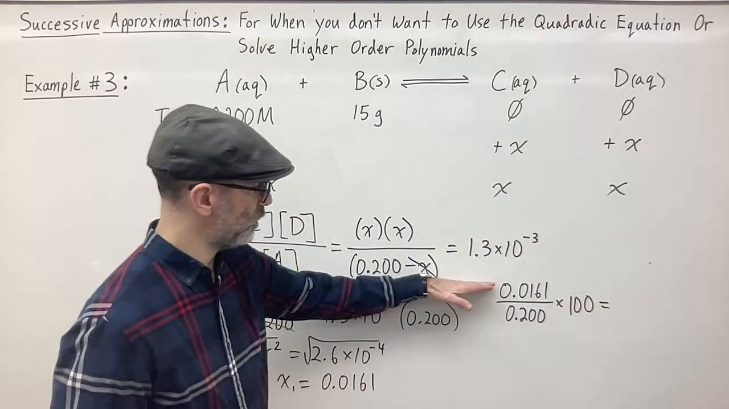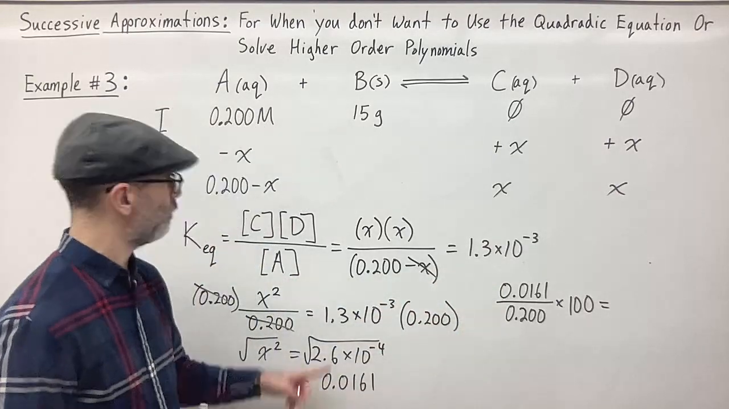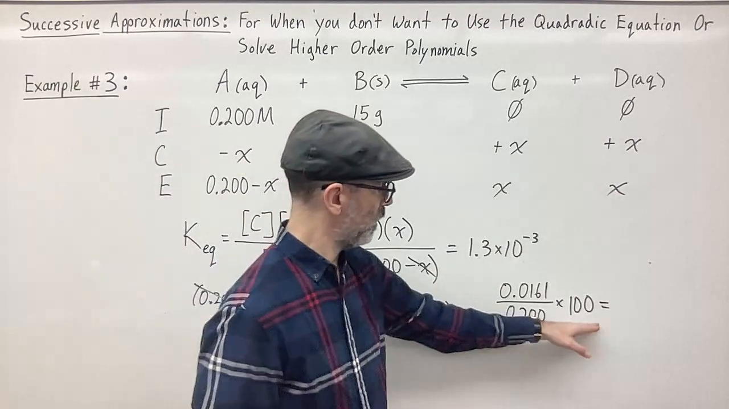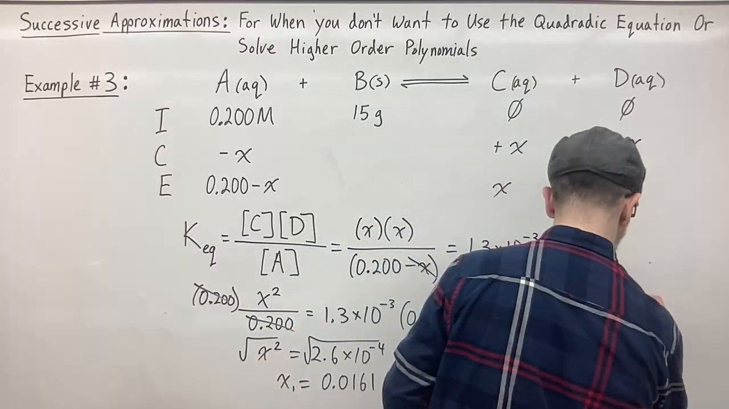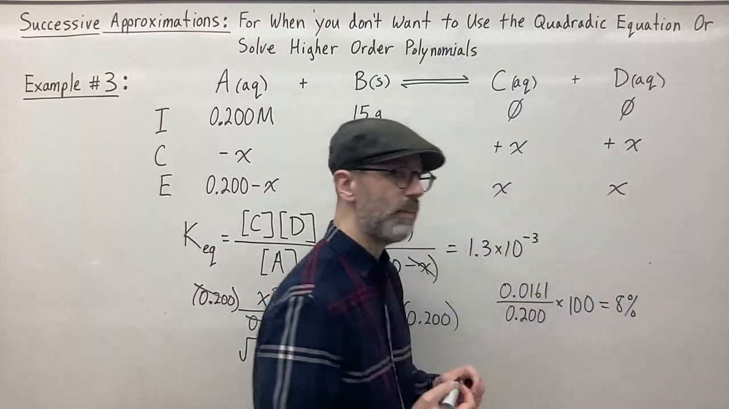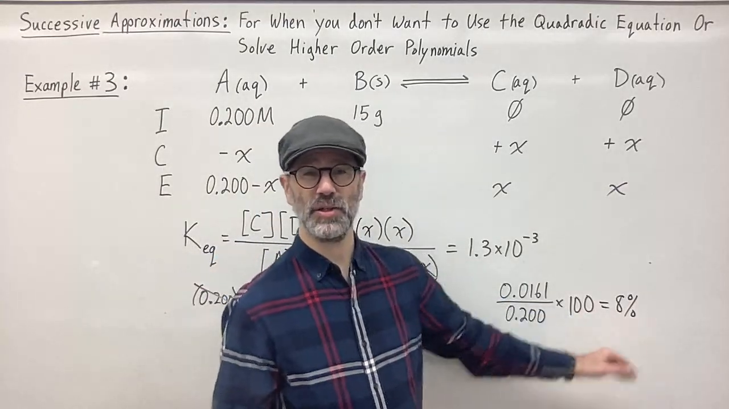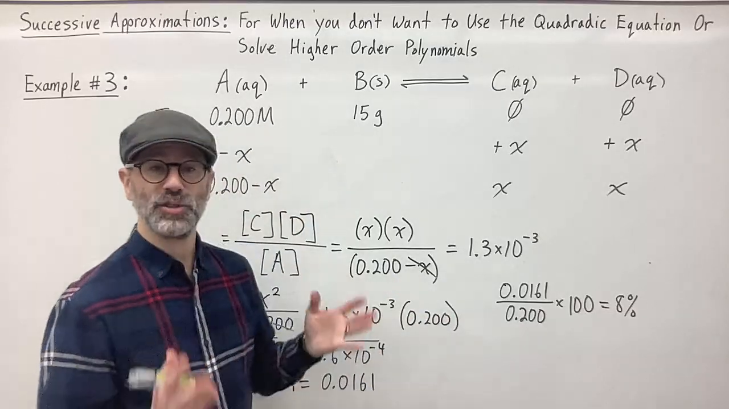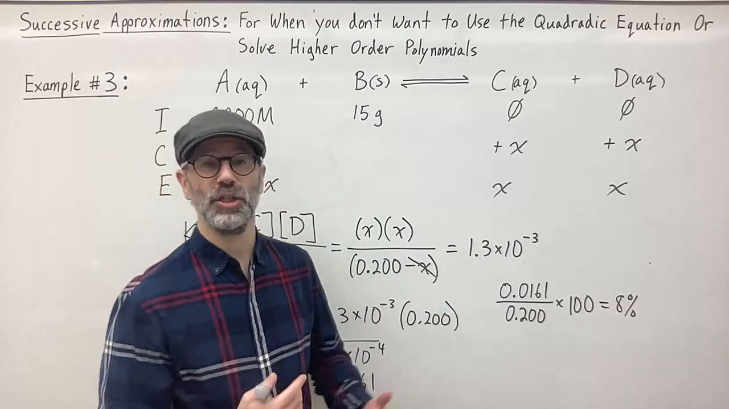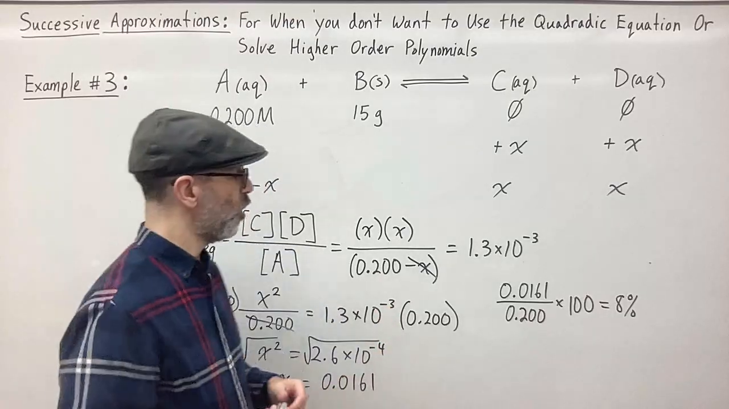Right, so it's the change divided by the initial concentration, or what we got for x divided by the initial concentration, multiplied by 100, and we'll find that that's about 8%. So we get about 8% error, so that's higher than the 5%, which means that our assumption here was not valid. But that's okay, because now we can continue with the iterations using the successive approximation, which means that